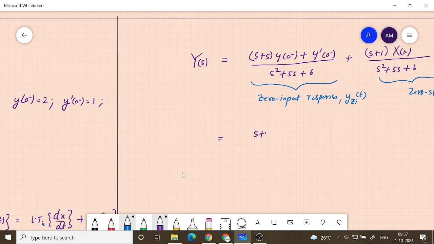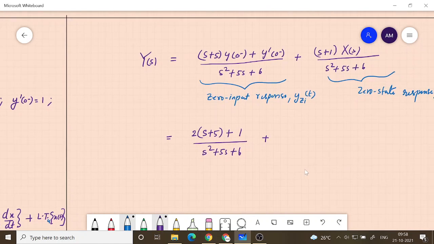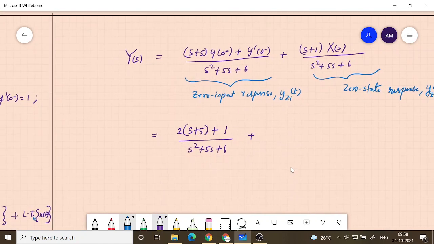So it is s plus 5 into 2. Okay, so I can write the 2 here, then plus y dash is 1, so I will write 1 here, divided by s square plus 5s plus 6. So this is in this case. Above it was a generic case, but now I have substituted the given initial conditions, and similarly I can substitute